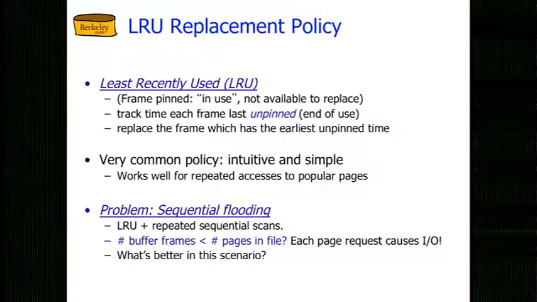Okay, the problem with it is sequential flooding, and this is where we left off last time. So imagine you have a file, and you're scanning it sequentially from start to finish. And we said the file was 1,000 pages long. And we're just going to scan it over and over and over, which seems like a brainless thing to do. So this is our file. And here's our buffer pool, which is 100 pages big. All right, so it can only hold 1/10 of that file. In this access pattern,